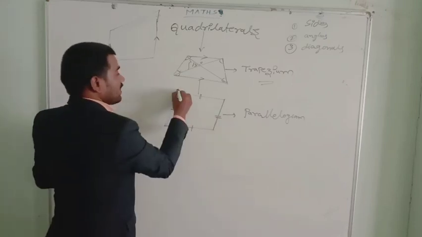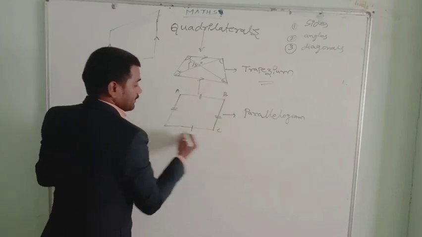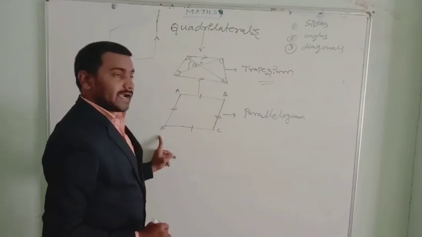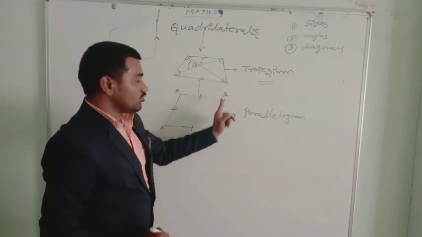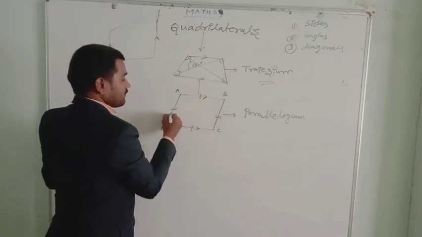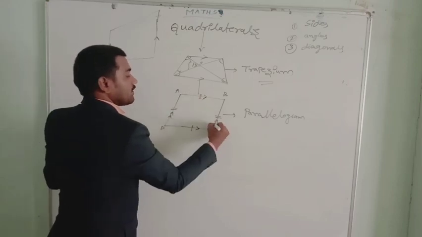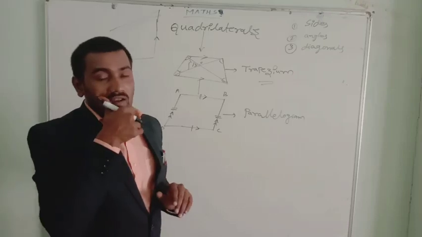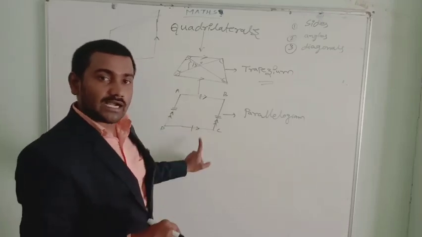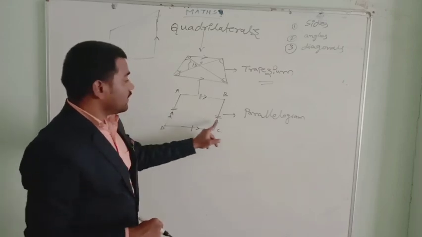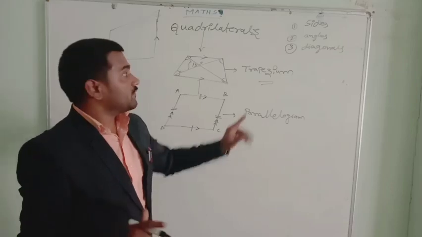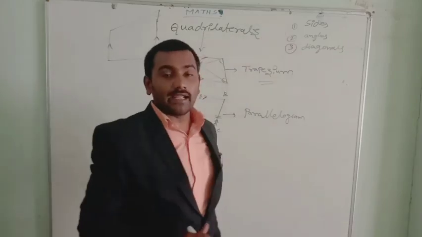So let's give the name ABCD. It is a parallelogram. In that, side AB is equal to side CD and side AD is equal to side BC, and opposite sides are parallel. Here I am showing single arrows, that means these two sides are parallel, and here double arrows, these two sides are parallel. Opposite sides are equal and parallel. About sides completed. Next, about angles.